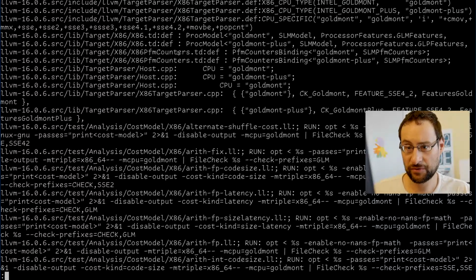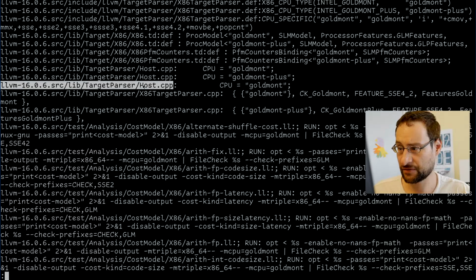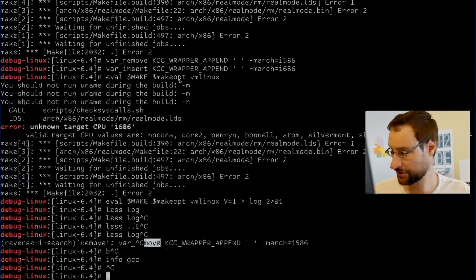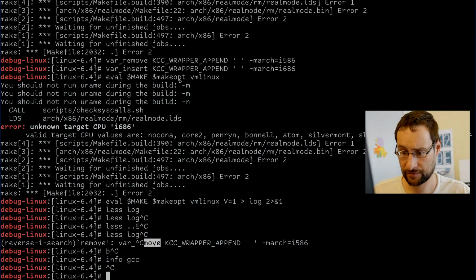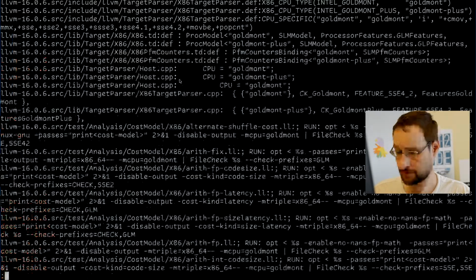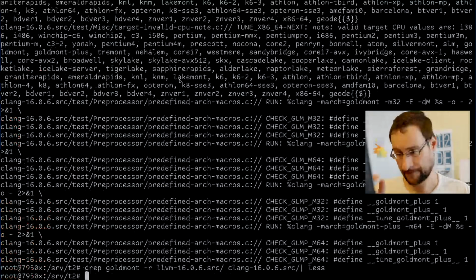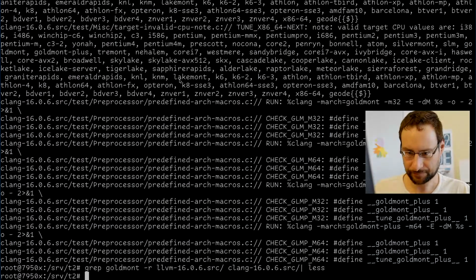Here are some CPUs, also an LLVM target parser host. CPU plus. What did I just Google? RSSP L4 plus for some. That's not serial console, or whatever's going on there. Might be plus.